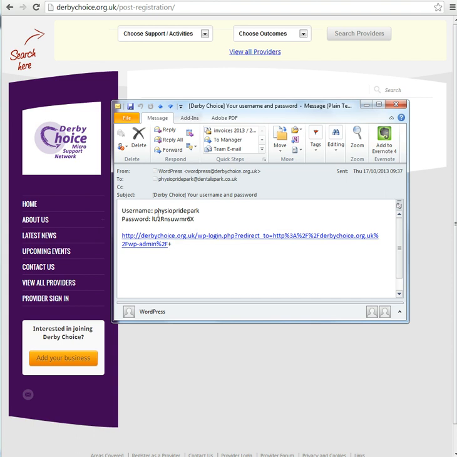So there's going to be your username and a password. The password will be a series of letters and numbers, so it's worth copying those into your clipboard because you're going to need those to log in. The username is Physio Pride Park and that's my password, so when you're happy with that, click on the link